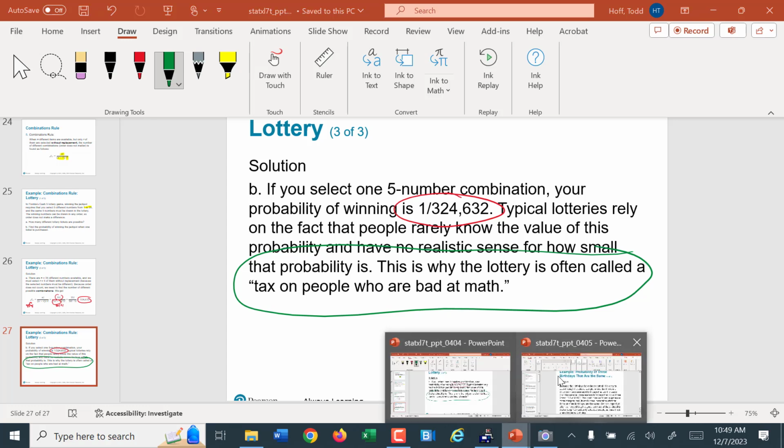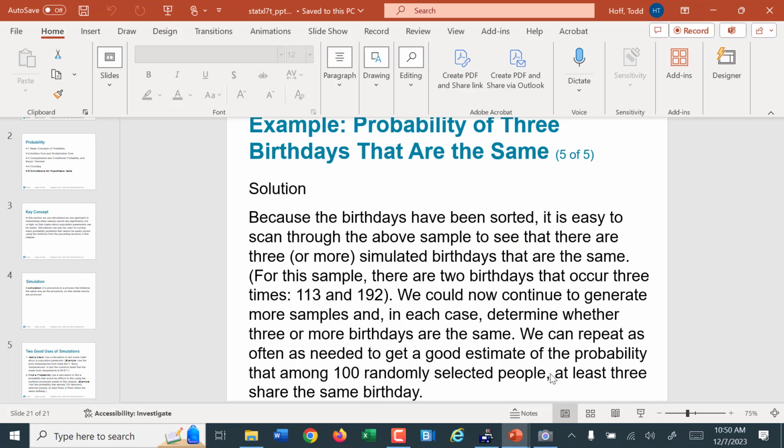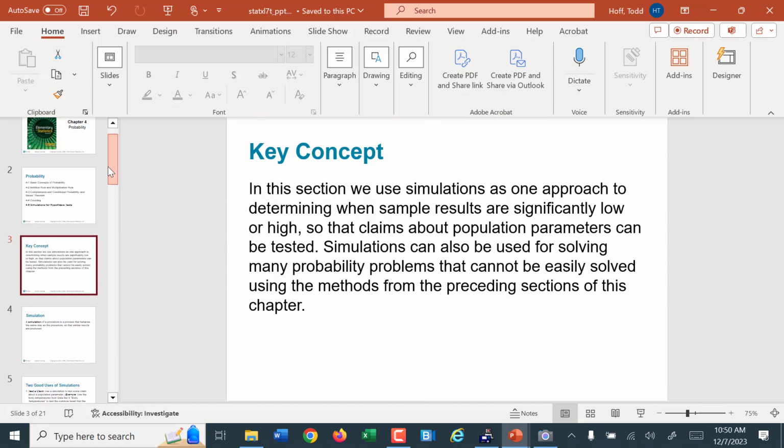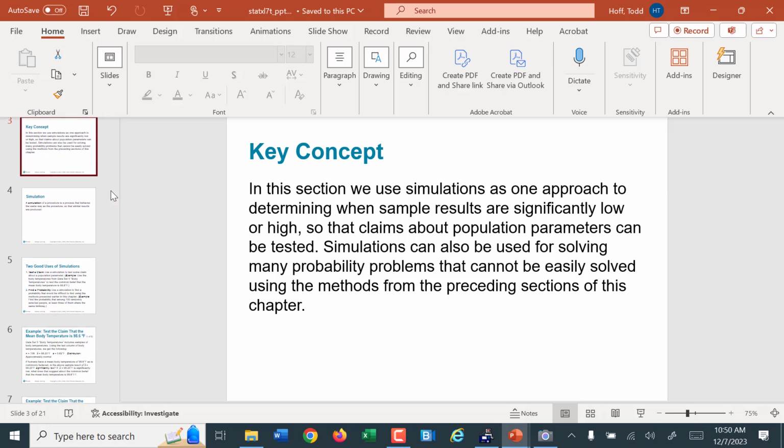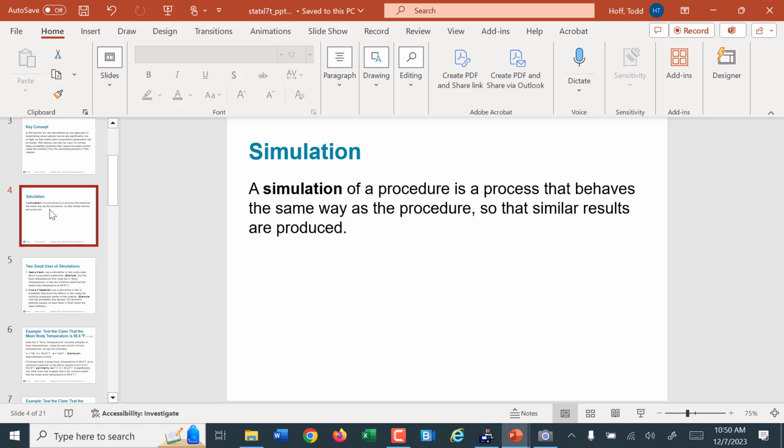Okay, so moving on then to the last section of chapter 4. And we're going to breeze through this pretty quickly. This is about using simulation to estimate probabilities and to estimate whether we have statistical significance or not, basically for hypothesis testing. And so what we're looking to do is see if the chances of something happening are either significantly small, highly unlikely, or significantly large, extremely likely, but if it doesn't happen, then something went wrong. So a simulation is just any sort of a procedure where we simulate a real process, hopefully getting